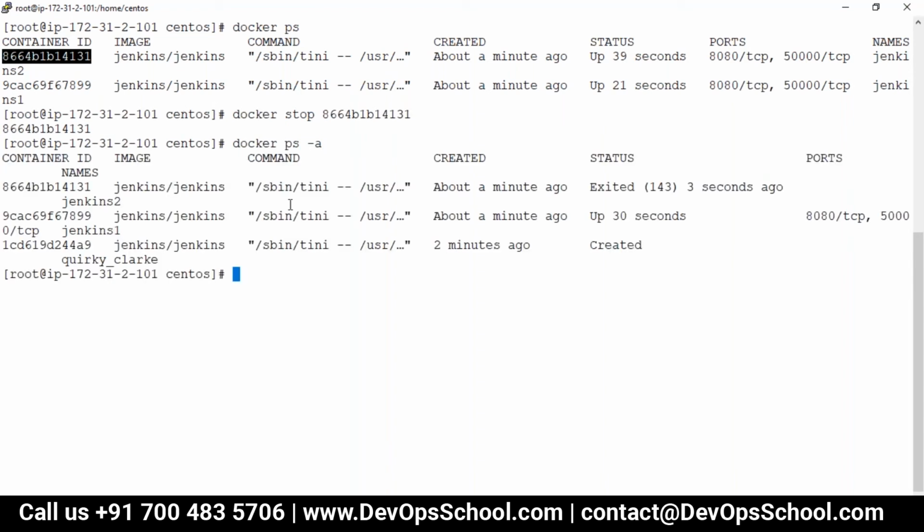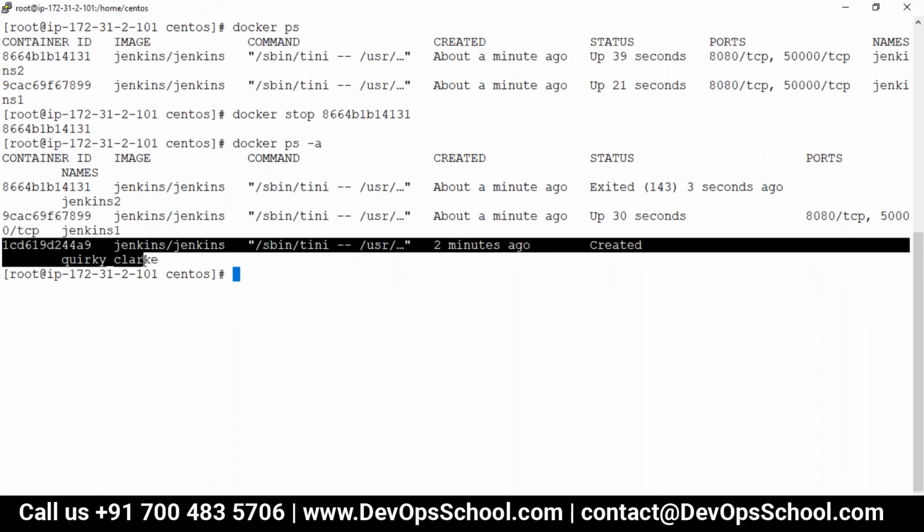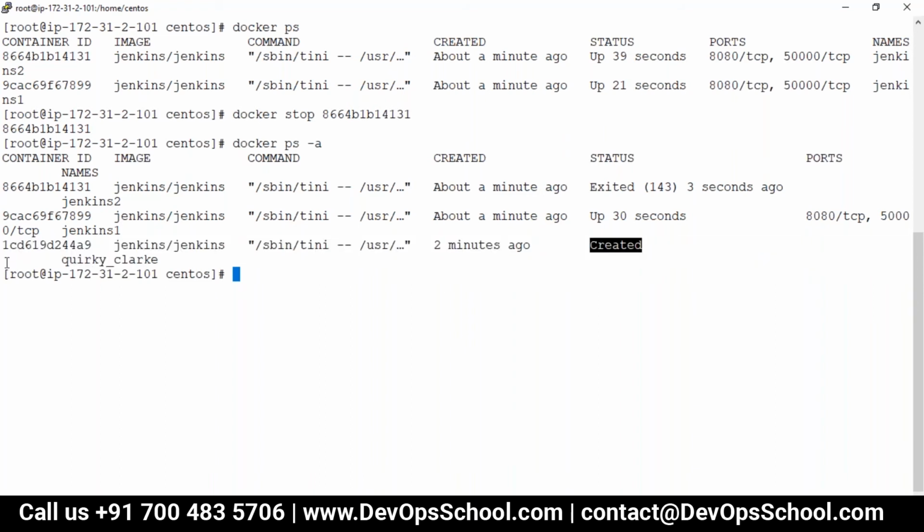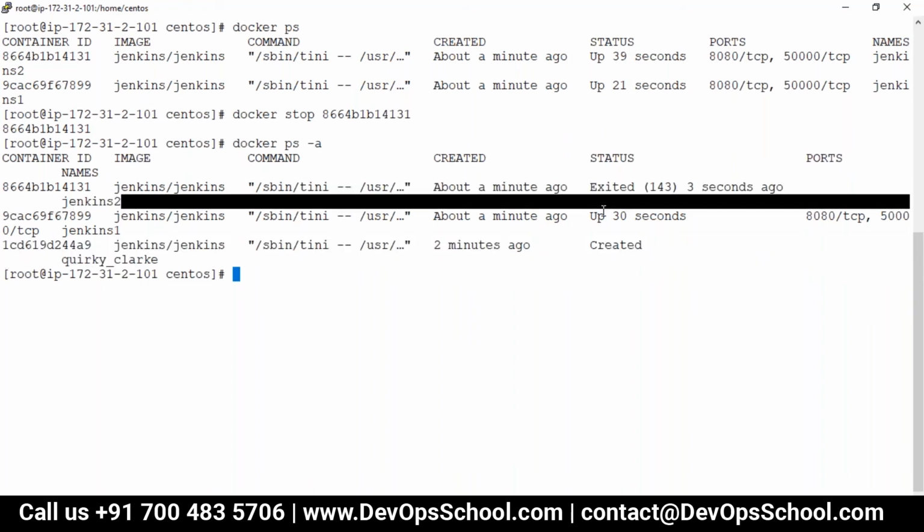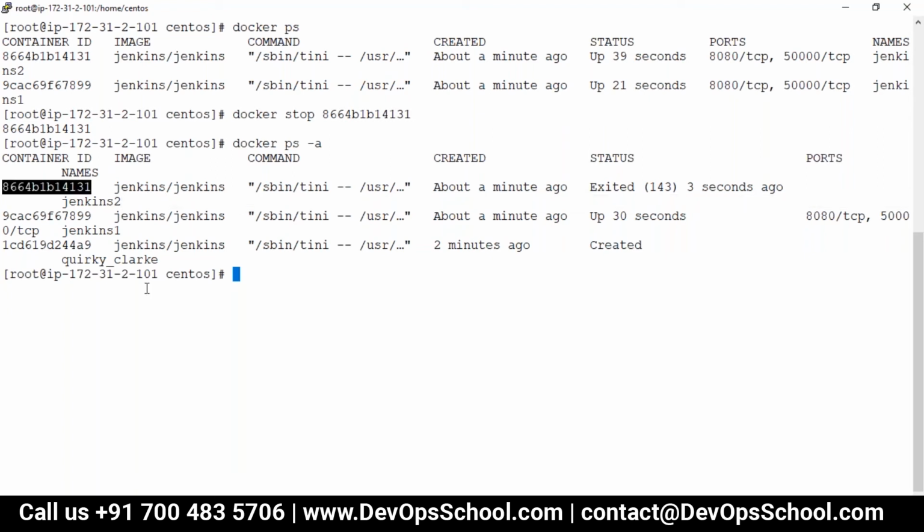Okay, you see here, ps -a. So there's one container, the one which I stopped. Right now it exited. See the status, the messages get changed. Here I created, so it shows created. When it is running, it's up. But when you stop the running containers, then the message will be exited.